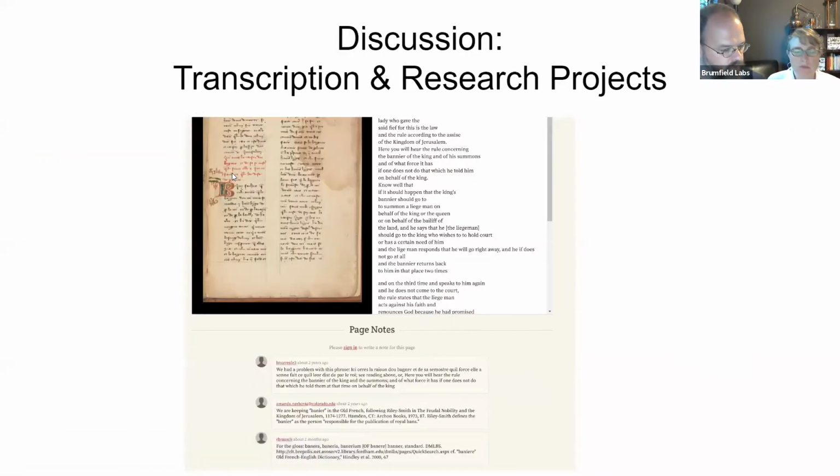Okay, so in addition to public-facing crowdsourcing projects, it's also possible to use many of these crowdsourcing platforms, including FromThePage, for smaller projects. Fundamentally, crowdsourcing is about collaboration, but it's not the only kind of collaboration. So there are a number of projects that we've seen that use the platform for doing